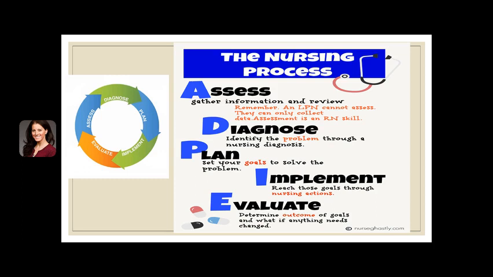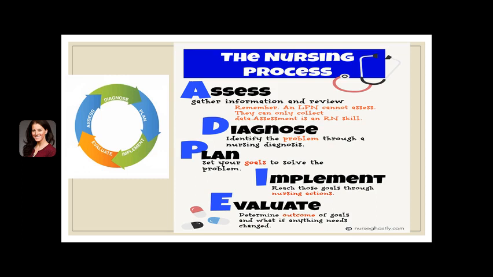So now how am I going to evaluate whether their pain has subsided, whether it's been resolved? You can ask them in an hour. You can repeat their vital signs in an hour to see if their vital signs have dropped, if their pulse rate has dropped. And then if through your evaluation the pain medication hasn't helped,